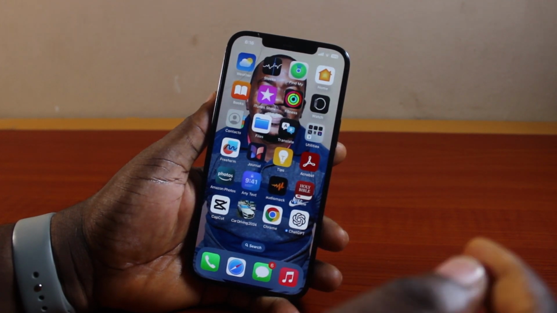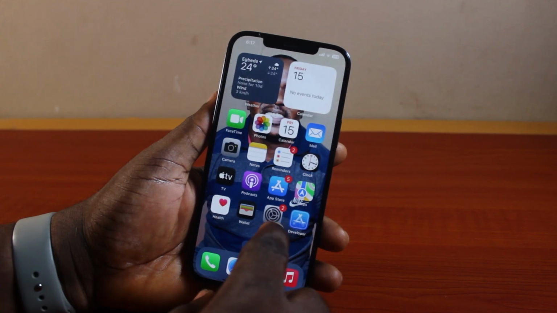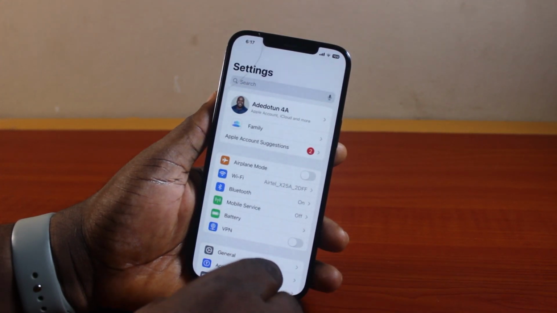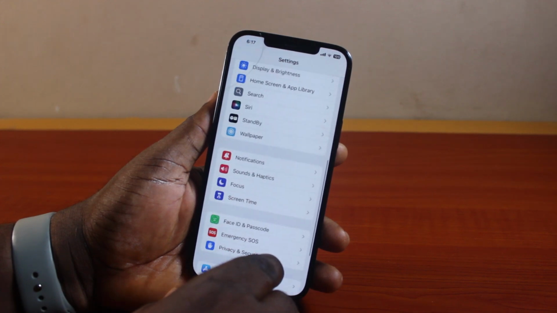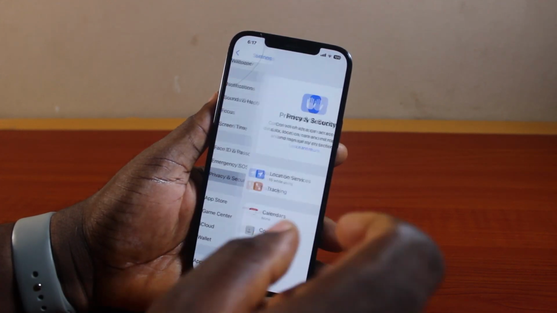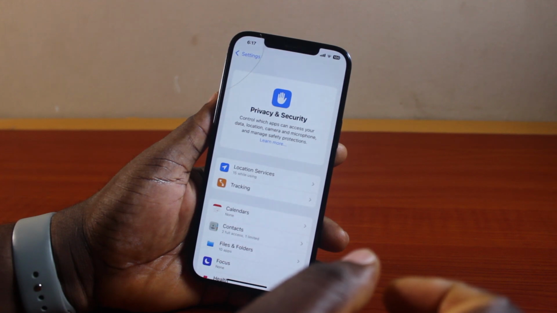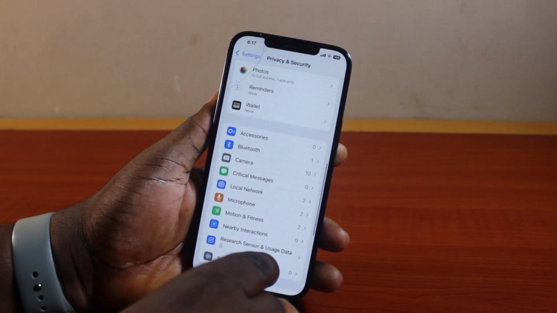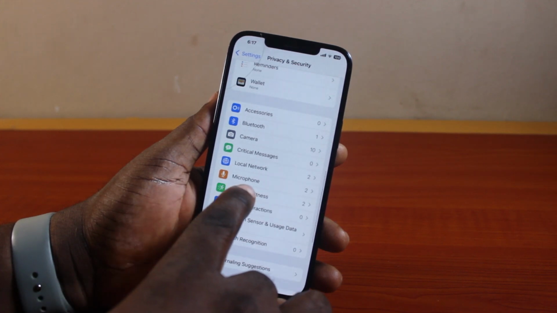Subscribe. Now the first thing you want to do is go ahead and open the settings app on your iPhone. Once you open the settings app, scroll down, keep scrolling until you get to privacy and security, and then click on it. Now once you selected privacy and security, scroll down the page, keep scrolling until you get to microphone,